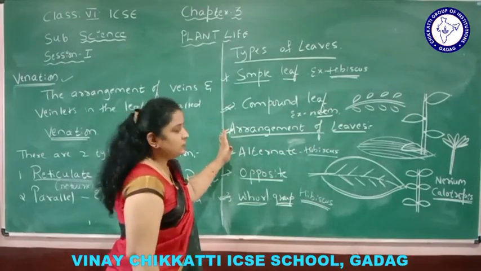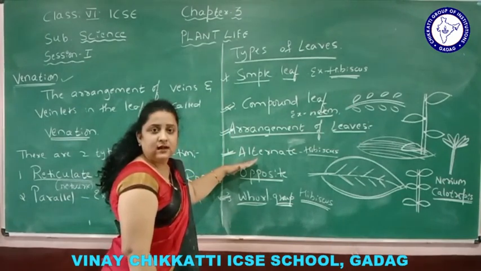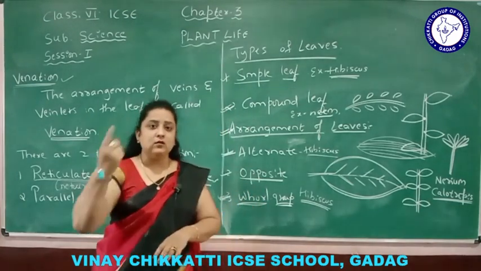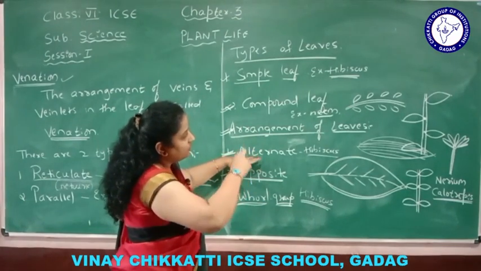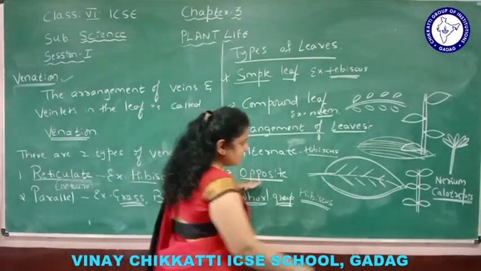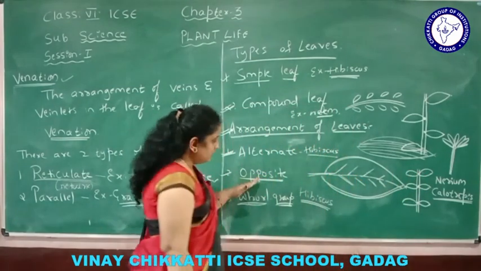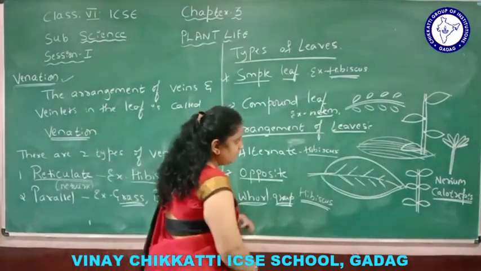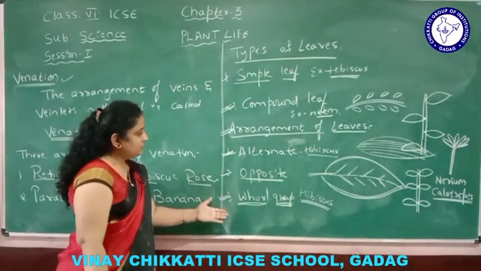So arrangement of leaves is of three types. Alternate. See, the name itself indicates alternate. Alternate days. So you have work on alternate days, right? First you have on Sunday, then on Tuesday. Alternate means the leaves are arising from the node in an alternate manner. Opposite. The name itself indicates opposite, as you can see here. Two leaves are arising from a single node opposite to each other. Number 3, whorl. Whorl means a group. A group of leaves, or two or many leaves arising from a single node. So these are the arrangements of leaves in the plant.